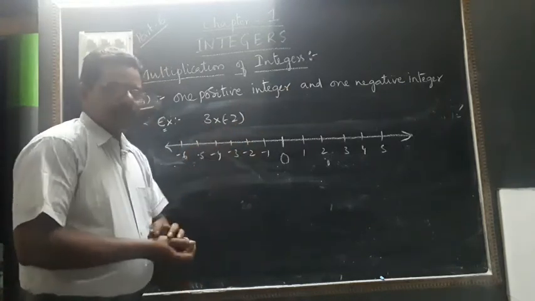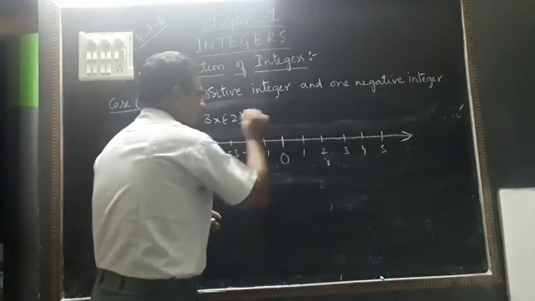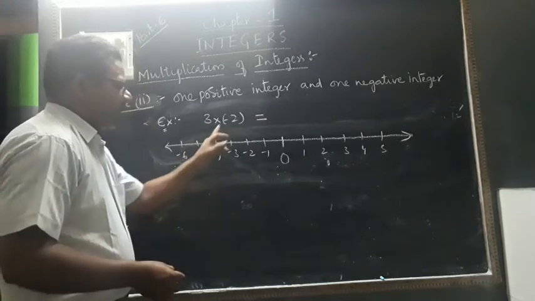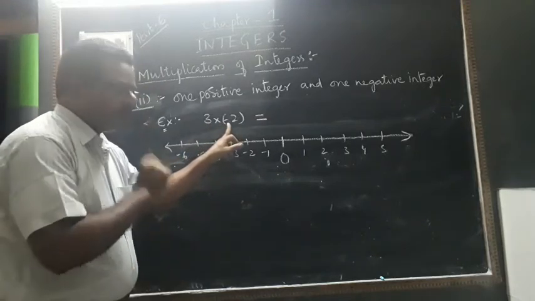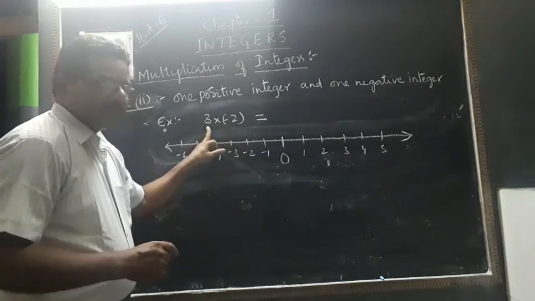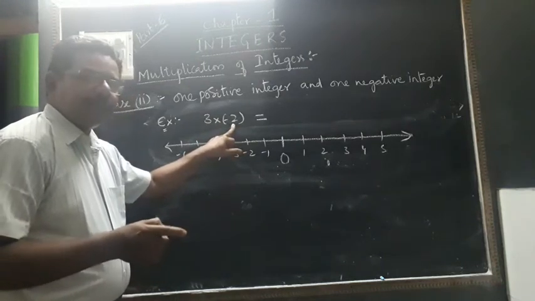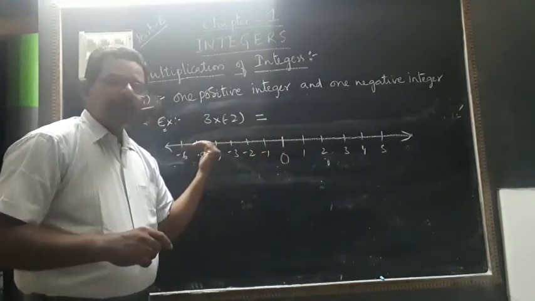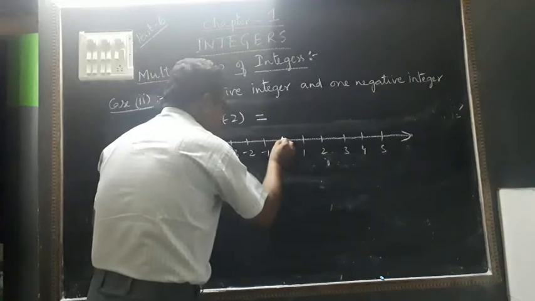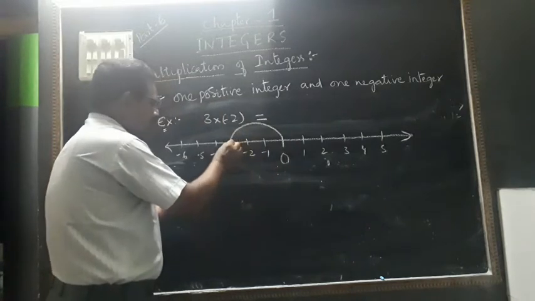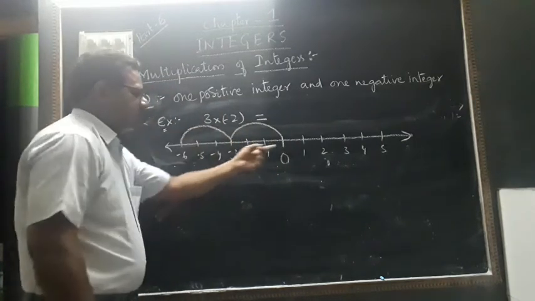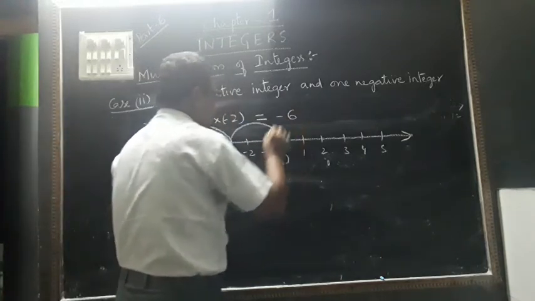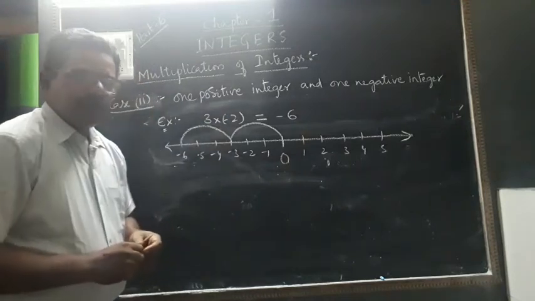For this I am taking an example. 3 into minus 2 is equal to how much? That we have to find out with the help of a number line. So 3 into minus 2. Minus is there, you have to remember this. 3 is the main number for us. So how many times should it jump? 2 times, that is, minus 2 is there. So it should jump towards the left. So from 0 to minus 3 and minus 6. This is 1 time and this is 2 times. So the result is equal to minus 6. So 3 into minus 2 is equal to minus 6.